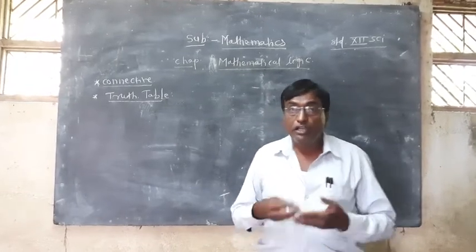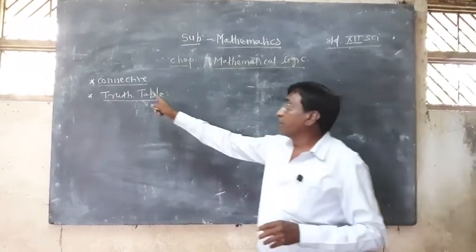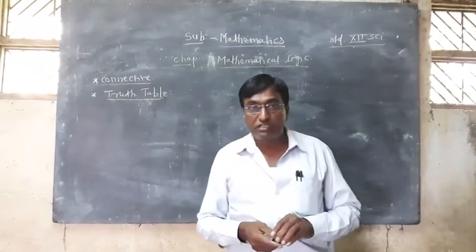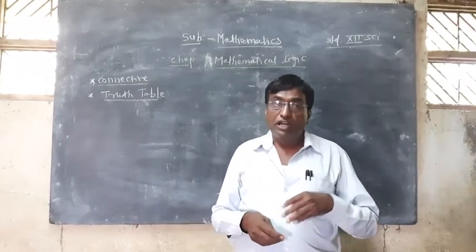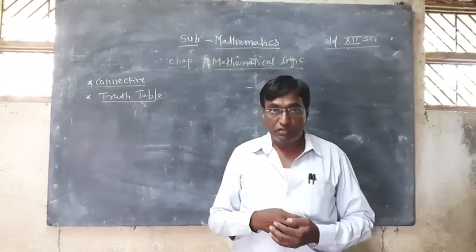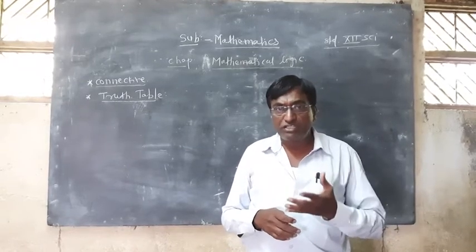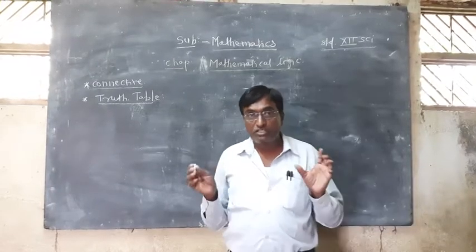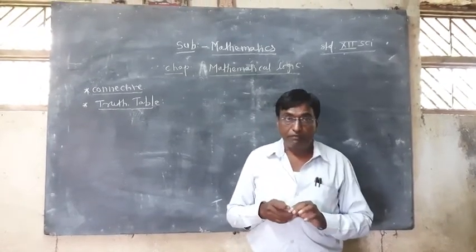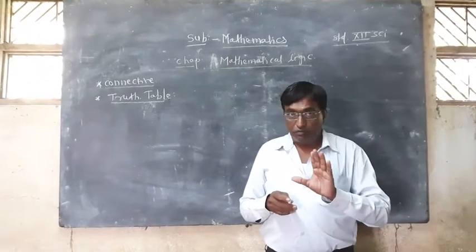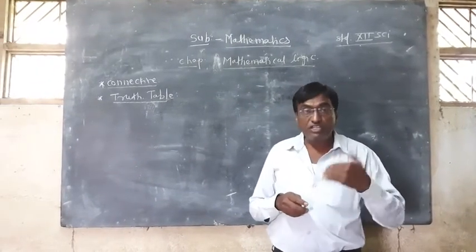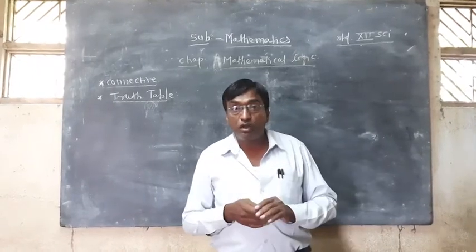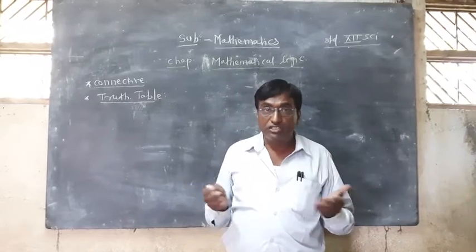Afterward, we saw the connectives, and the connectives are generally in our syllabus. There are 5 types of connectives that we also saw in the previous periods. So which are the connectives? Let us revise. First one is the conjunction. Conjunction means two simple statements are connected by the word and. Disjunction means two or more statements are connected by the word or.